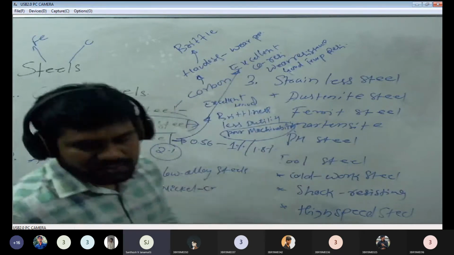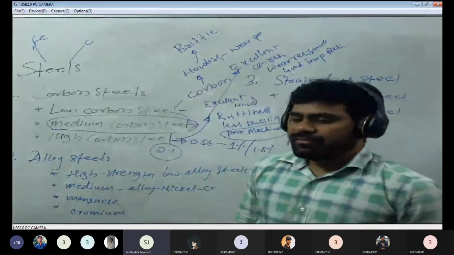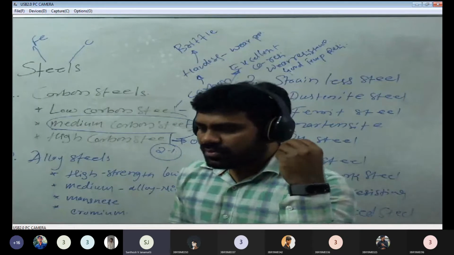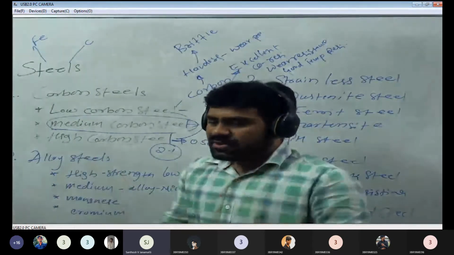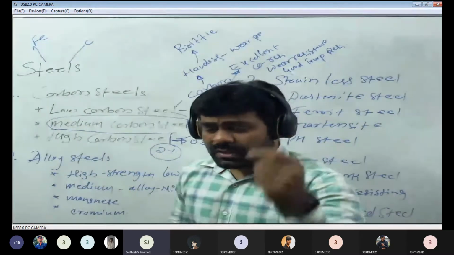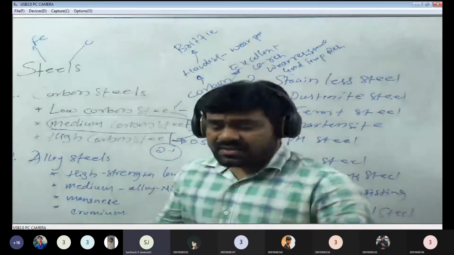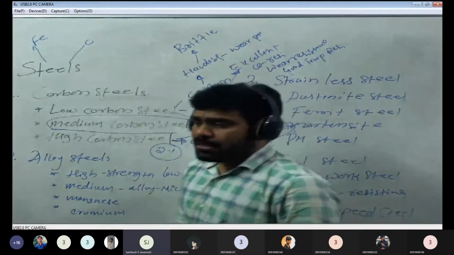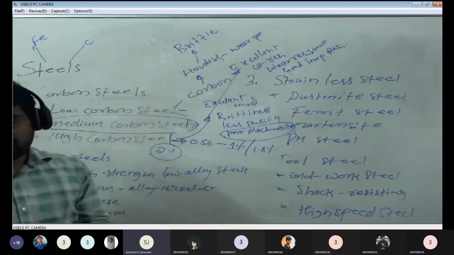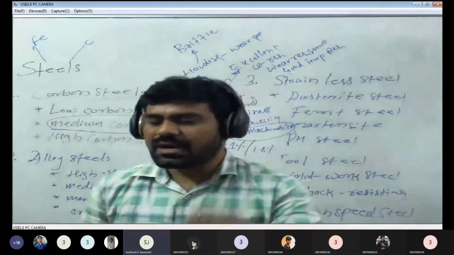What we have now, the tools. I hope you know the tools. Industrial tools: if you look at the lathe machines, drilling machines, whichever tools we are using, there is a drill tool, drill bits, tool tips, some dies. Only high carbon steel is suitable for making the tools, because tools are very hard. Always our tool is harder than the work material.